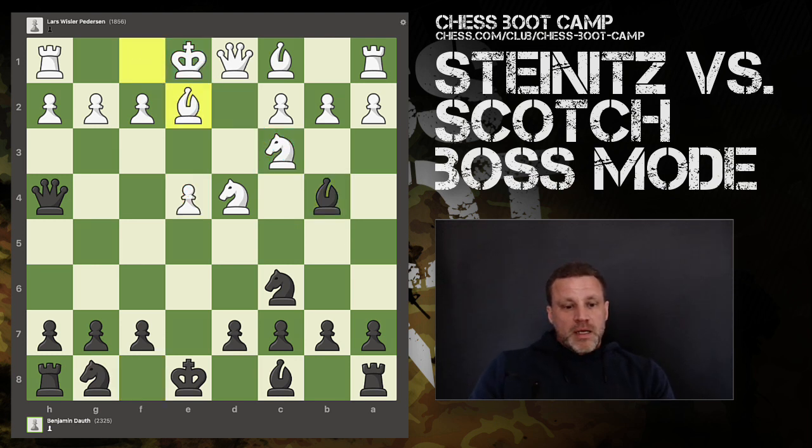That's a problem. So now, we have bishop to e2 in this game, which doesn't feel quite right. Because now, for example, we can take, and then queen can take on e4, and we literally win a pawn. We're also threatening there. In the game,